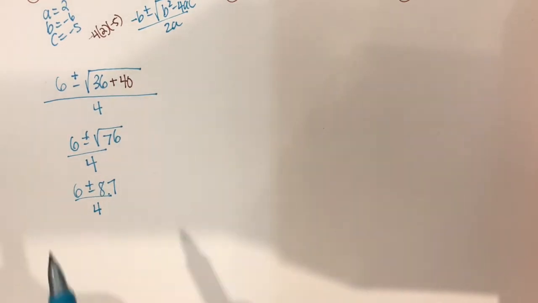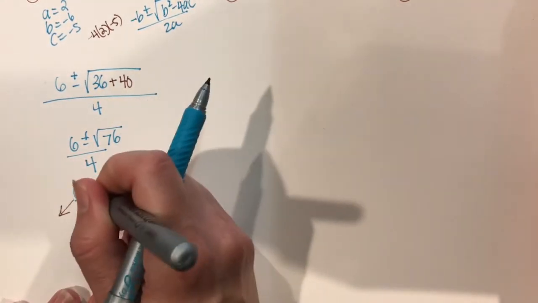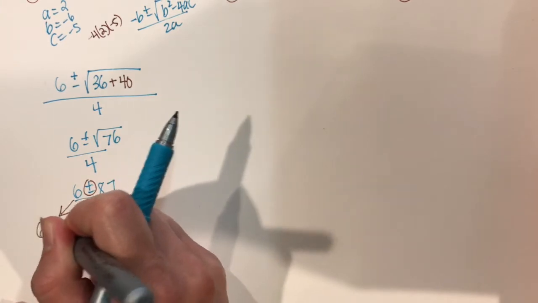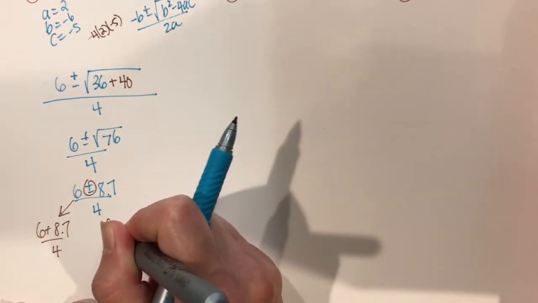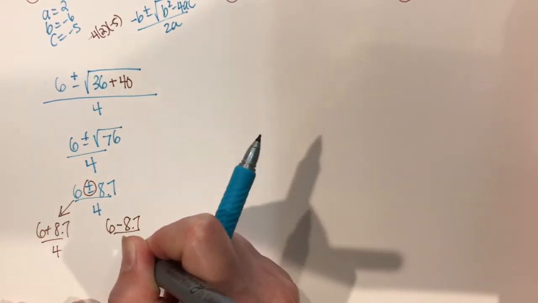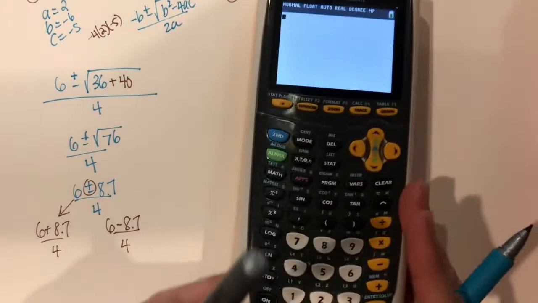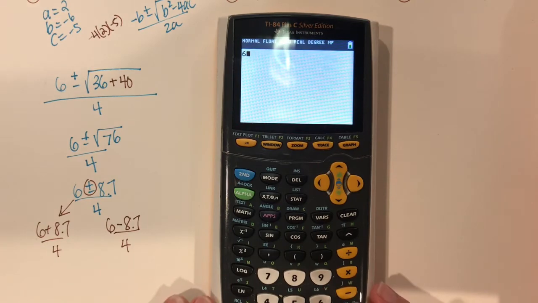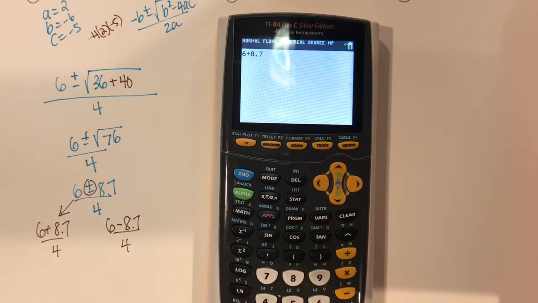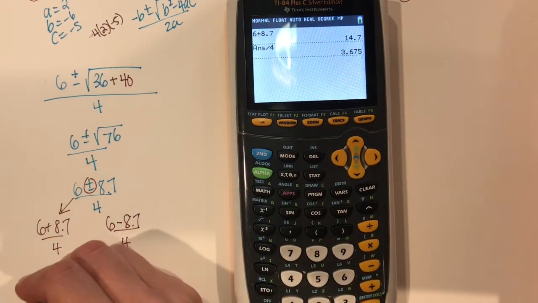So first, let's pretend it's a plus sign. We're going to do 6 plus 8.7 divided by 4 and 6 minus 8.7 divided by 4. So go ahead and just type that on a calculator. Make sure that you do 6 plus 8.7, hit enter, and then divide it by 4, or else it'll mess up your answer. So x equals